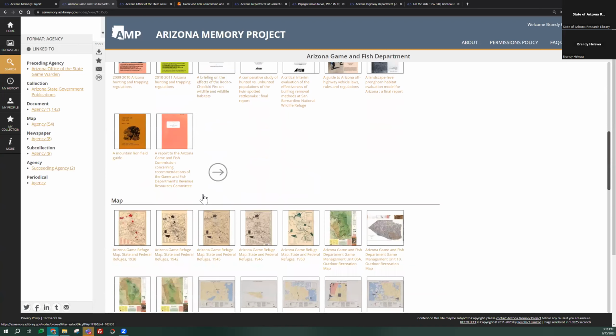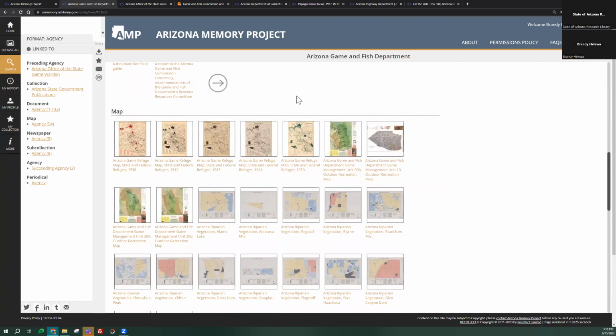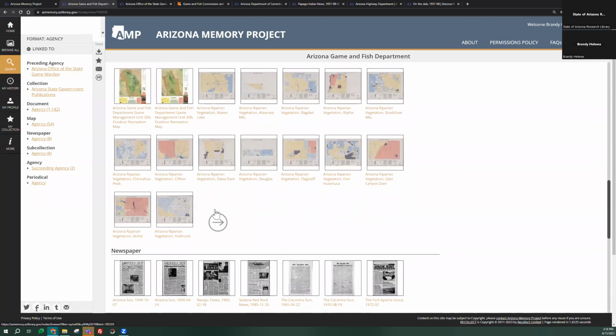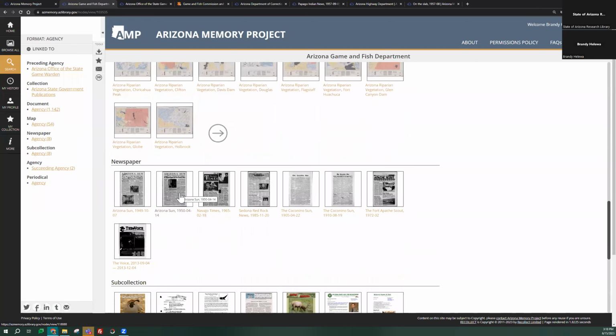If we keep scrolling down, you can see that we also have a bunch of maps that are tied to the Arizona Game and Fish Department. Again, there are more than 24, so you would have to scroll over to see more than the 24 that are displayed here. And then if you keep scrolling down, you'll notice newspapers, which you might think is kind of